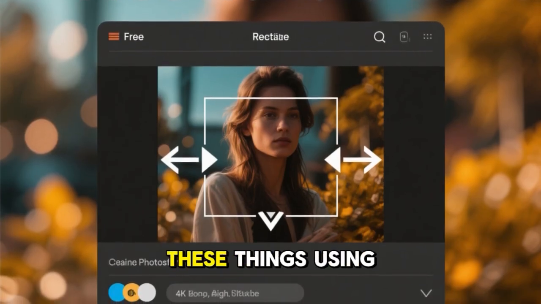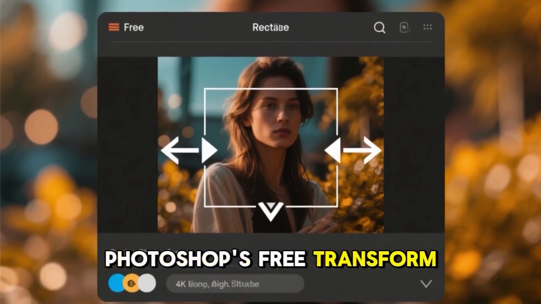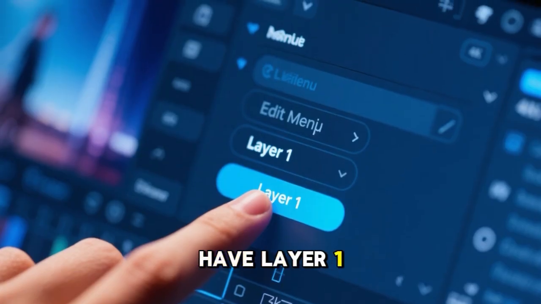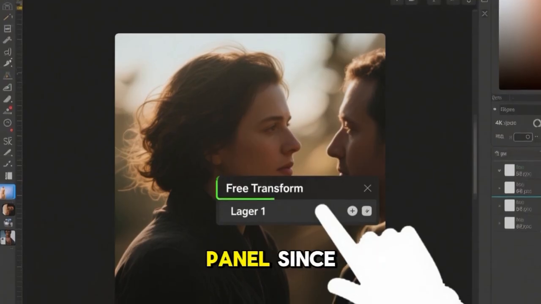And we can do both of these things using Photoshop's Free Transform command. I'll make sure I have Layer 1 selected, highlighted in blue in the Layers panel. Since